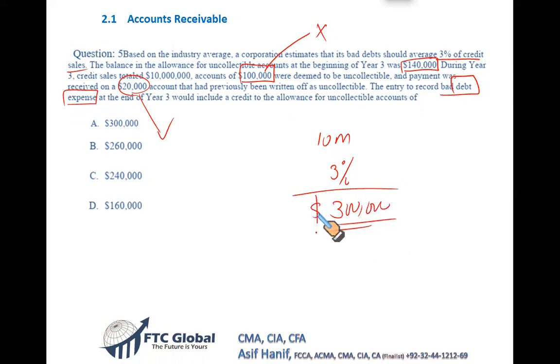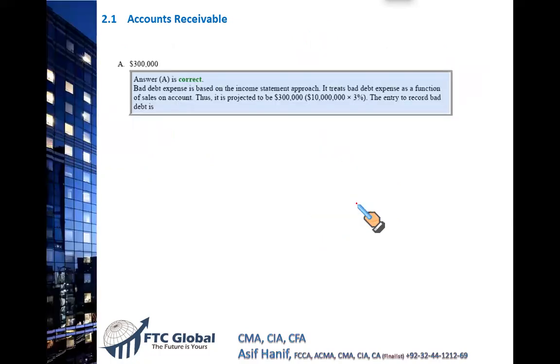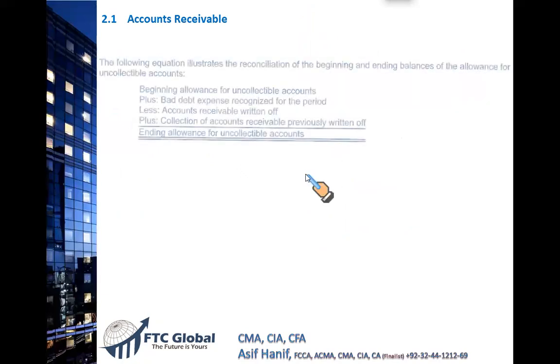So we have already learned that if you are using the income statement approach, we won't see what is in the balance of allowance. We will simply take the amount of our credit sales, multiply it with the percentage, and do nothing else. We will simply debit our bad debt expense and credit the allowance for uncollectible accounts. So we don't need to do anything at all. It's straightforward. It would have been a little twisted question if the question required a balance sheet approach. This is something you might play with once you're doing it.